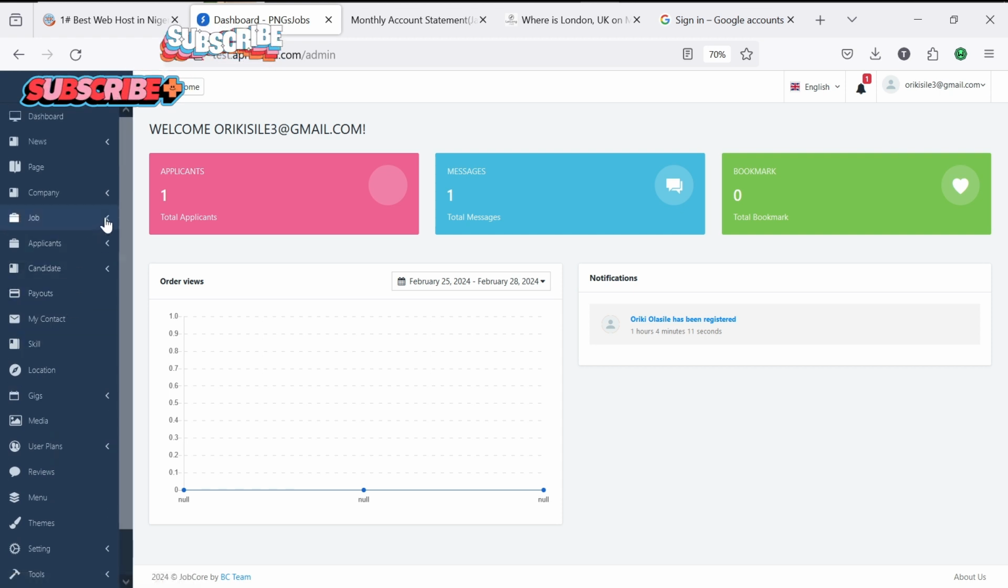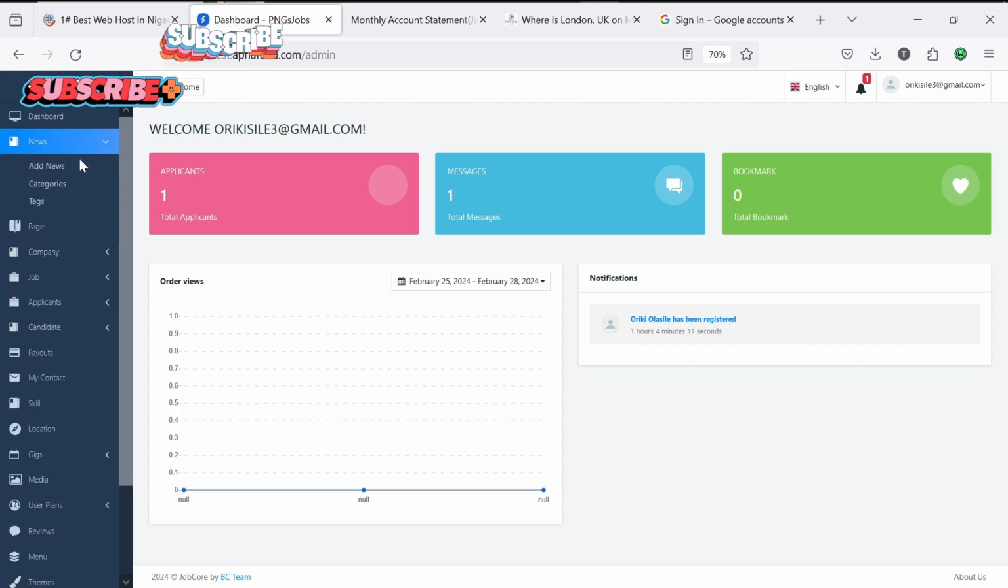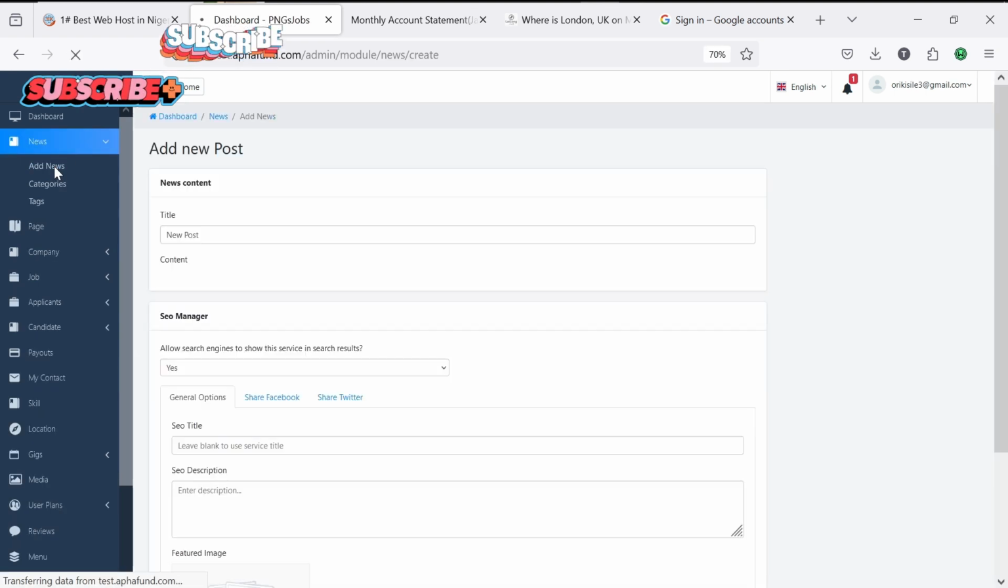I'll click on jobs. But before I click on jobs, I'm going to show you guys pretty much all the functionalities of the admin, so that you'll be very convinced of what you are getting. It's a very slick project and you will so much love it. We have news, so you can add news if you wish. If you click on add news, you just create